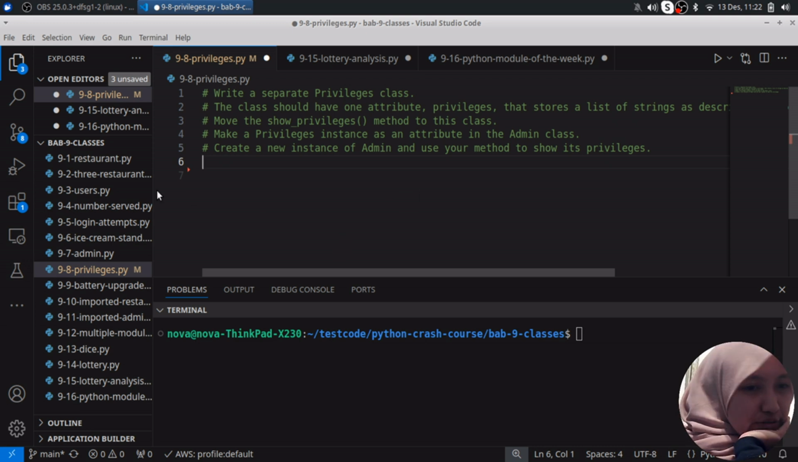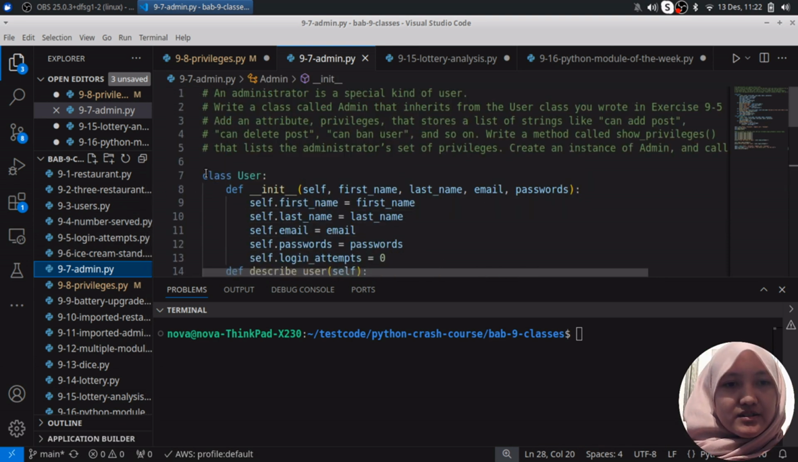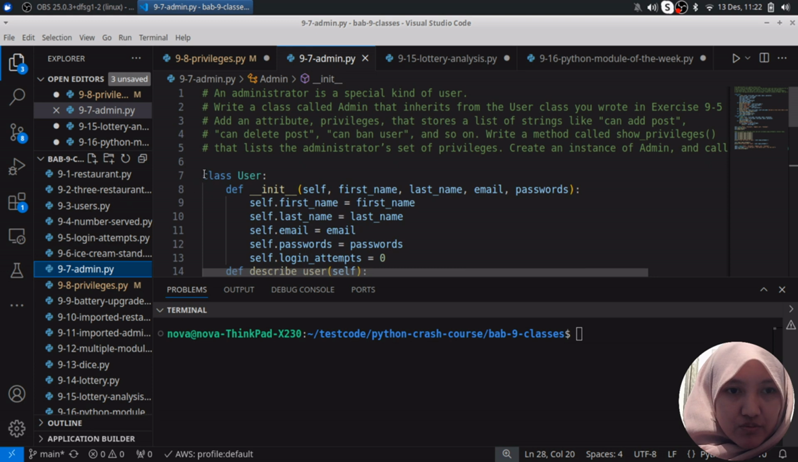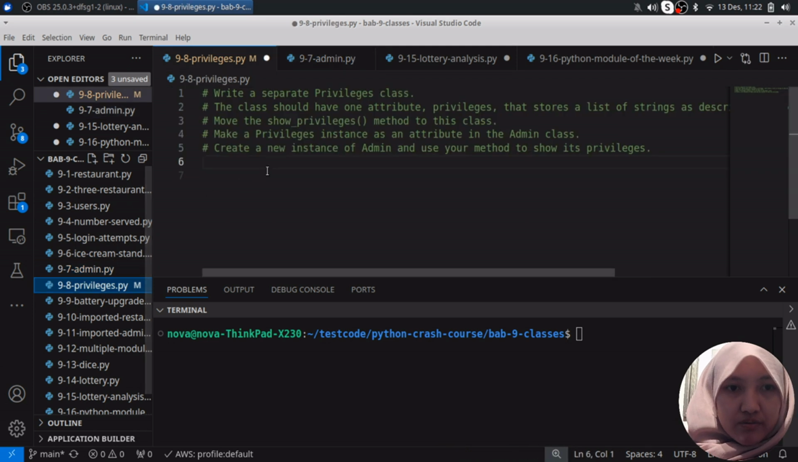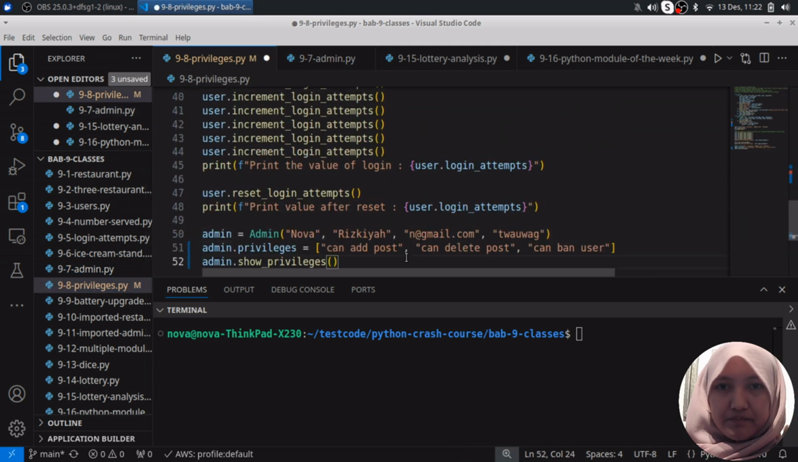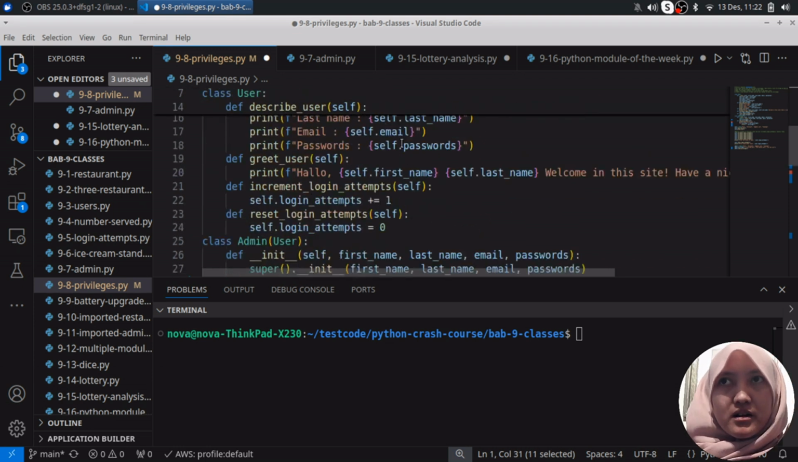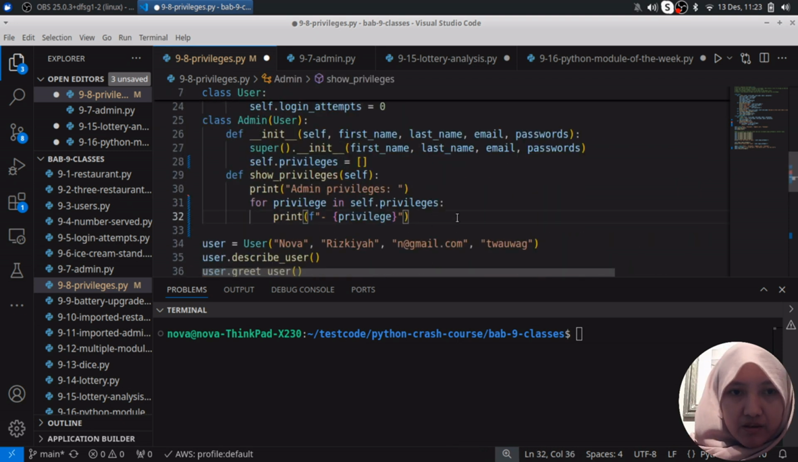privilege. So we have here the class User as a parent class, and then class AdminUser as a child class. So we just copy all of the code. The difference is we have a separated Privilege class, but it is not inheritance. It is not being a child class. So we must add